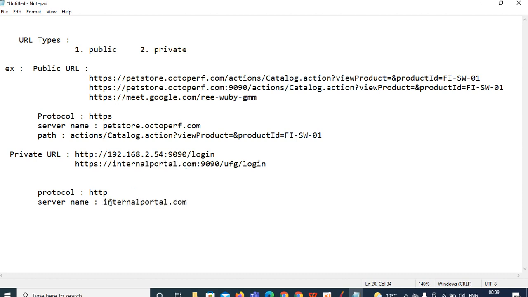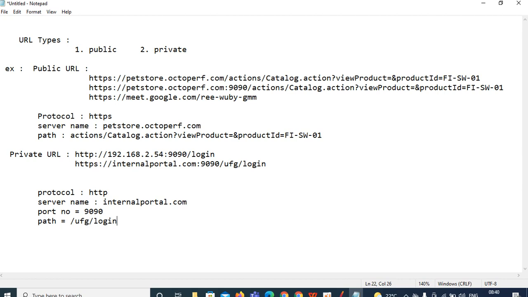Okay, so then we have the port number also here. So what is the port number here? 900. After the colon, whatever will be there till the slash, whatever the number will be there, you can copy that number and take it as the port number. So next, after the port number, whatever will be there here, you can consider this entire thing as a path. So path equal to